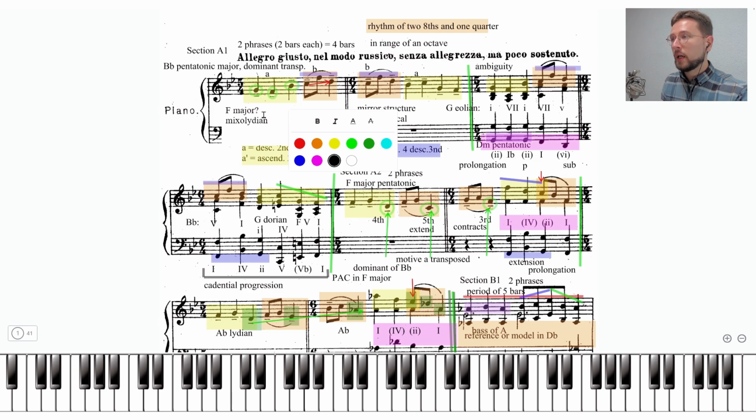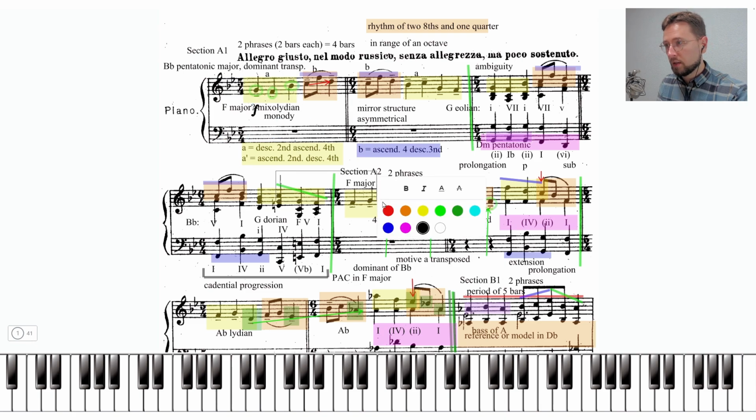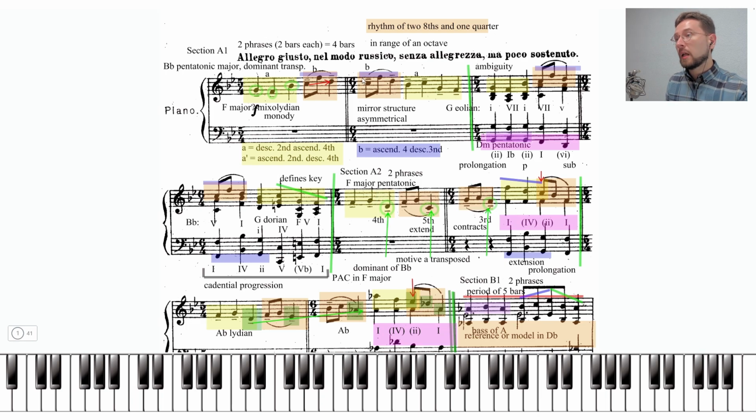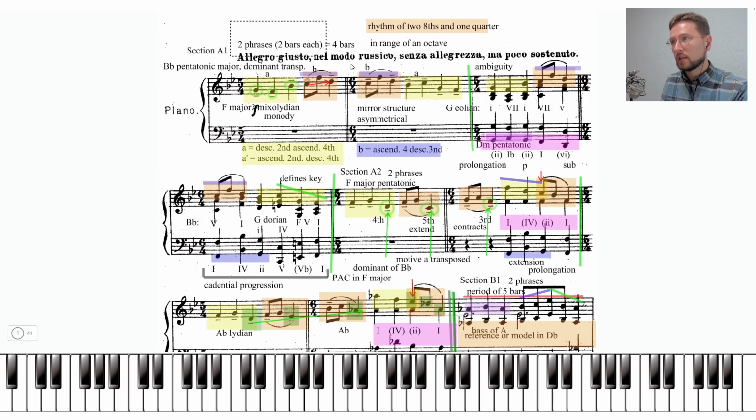It becomes F major once you hear the final statement, which is here. So here is a cadence and establishes, defines keys. But at the beginning you have the ambiguity. And notice that texturally we had first monody, then chords, monody and chords. So this is like this sort of call and response